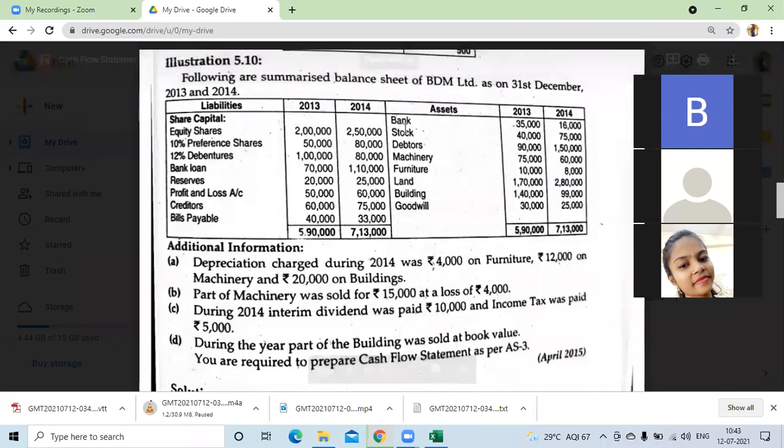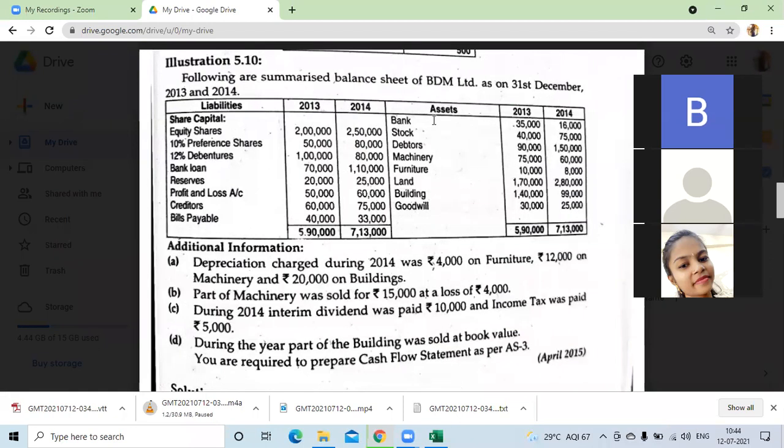Now come to the asset side, bank account. What do we need to do? We need to wait or we need to do right away now? Ma'am, we will use it in last. Very good. We need to wait now. Leave the bank account as it is because at the end of the solution part, it will be treated. It will not be treated now. And we have not reached the end of the solution part. So we need to wait until we reach there.